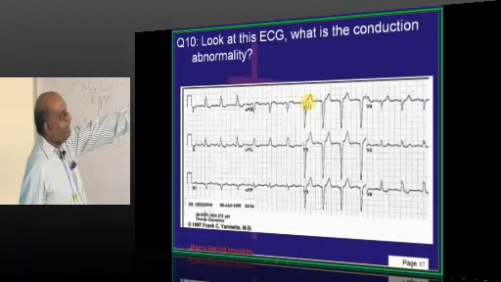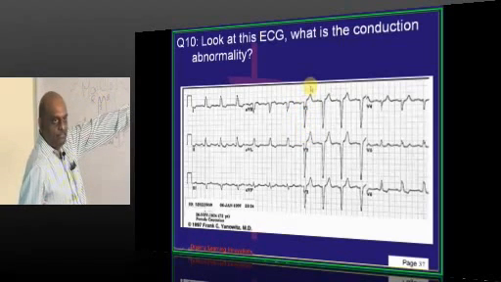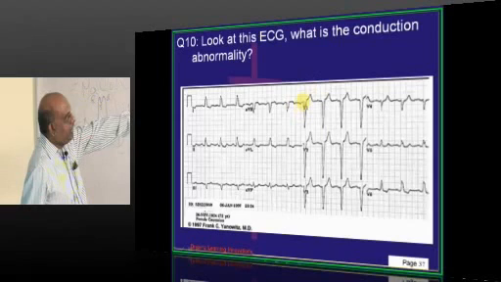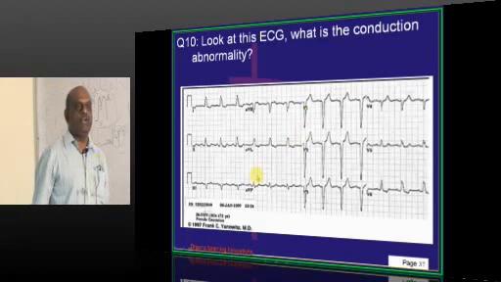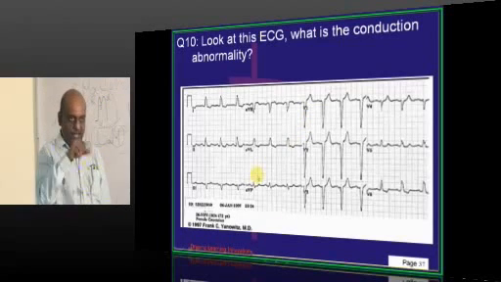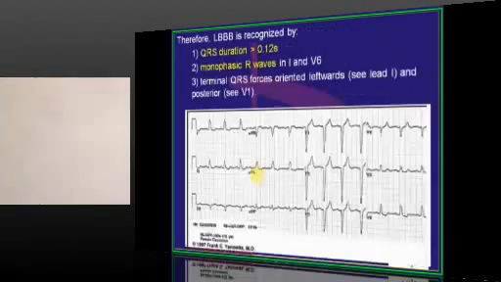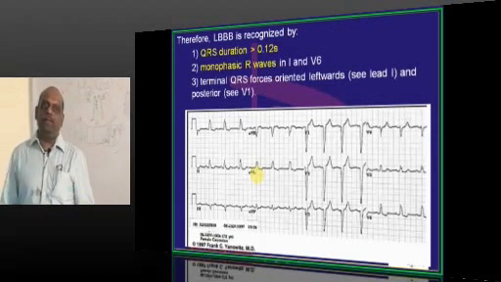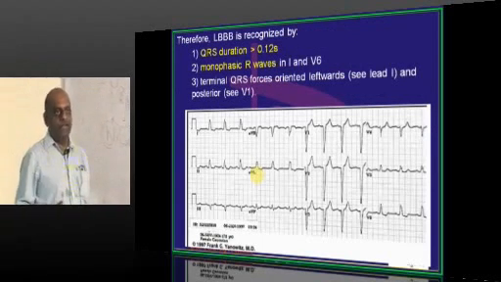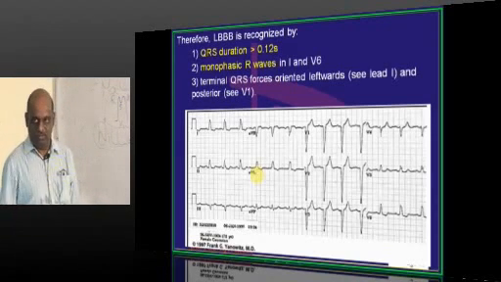Then what do you find in the lead V1? A W pattern, where you have a QRS, actually QRS must be there, but here only QS is there. Even that is treated to be W. So that is the reason it is a case of left bundle branch block. And also look at the QRS duration. Whenever left bundle branch block happens, QRS duration increases to more than 0.12.